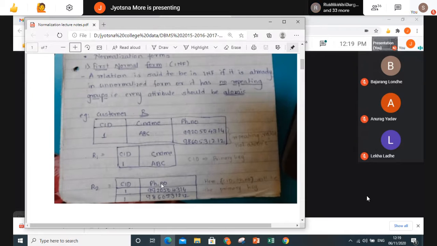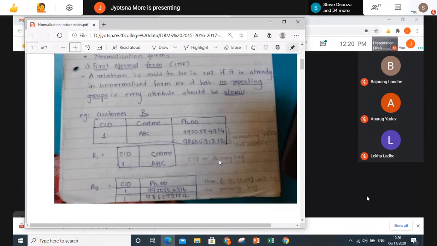Okay, so this table is in 1NF where it is not having any repeating group. One attribute is not having two values. Here it is one value, here it is one value. So all are separate. So I can say now these two tables R1 and R2 are in 1NF. Is the 1NF concept clear to everyone? When we solve a real example, or from your exam point of view, it will be more clear, but right now the concept is this. It should not have a repeating group. Remember that right now.